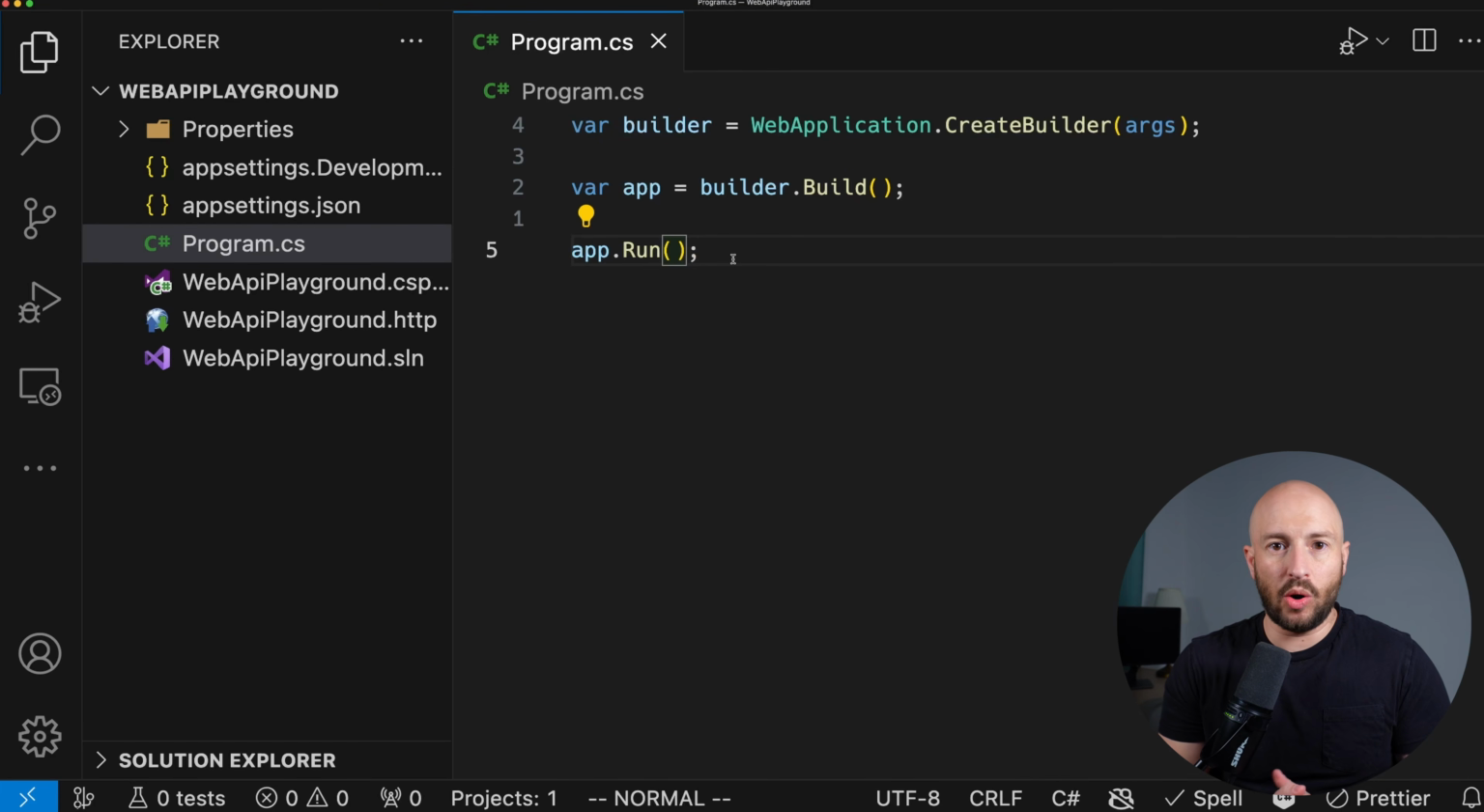In today's video, we're going to talk about dependency injection. We're going to cover more or less everything you need to know in order to integrate dependency injection in your